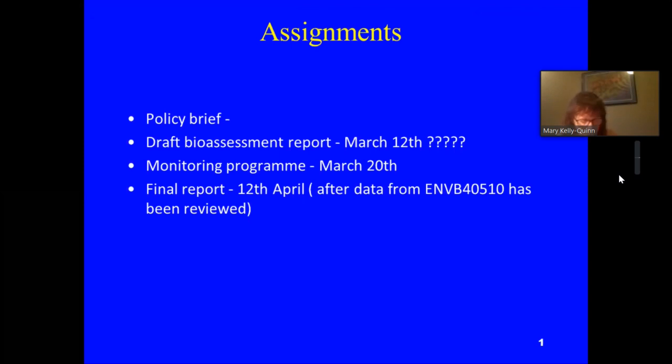So we probably need to meet, depends on how quick you're going to do this, because you're doing the bioassessment draft report first of all. So if you wanted to leave it until later in March when you're nearly there, because that's going to be the last exercise. And until you do it,